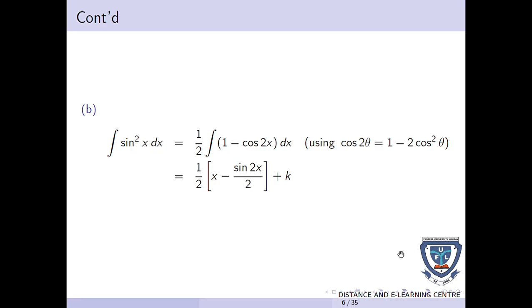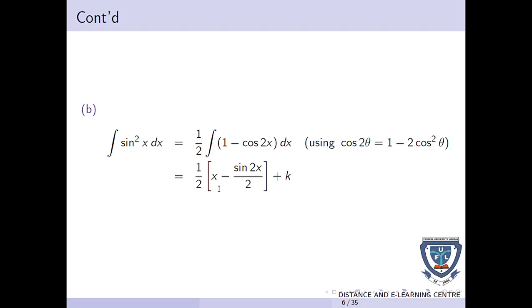Now for B, integral of sine square x dx. Now there are so many ways to do this, but for now, let's look at direct integration, and that will give us 1 over 2 integral of 1 minus cos 2x dx. Knowing that cos 2 theta is equal to 1 minus 2 sine square theta. This is a trig identity. So when you do that properly, you're going to have 1 over 2